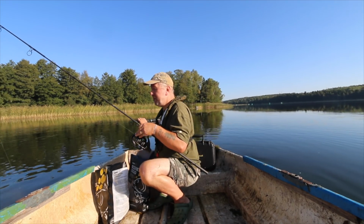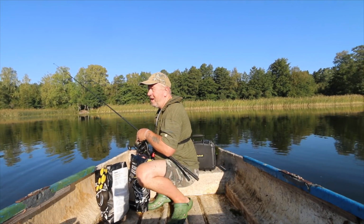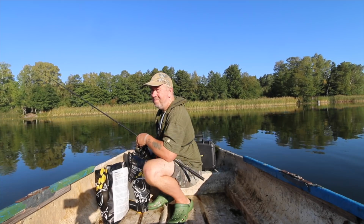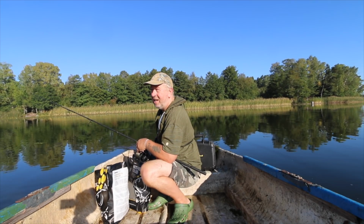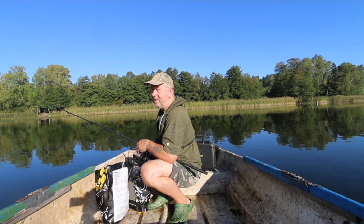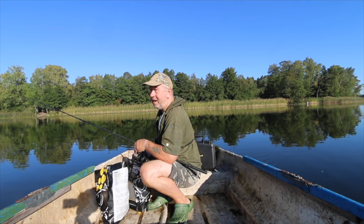It'd be lovely to get a fish out of this place. It's not a country renowned for its carp fishing like all the others I normally visit. These are wild lakes, wild fish, but they're beautiful fish. So that's the reason. I just want to catch one of these nice Swedish scaly fish that they're so famous for. Don't have to be big,